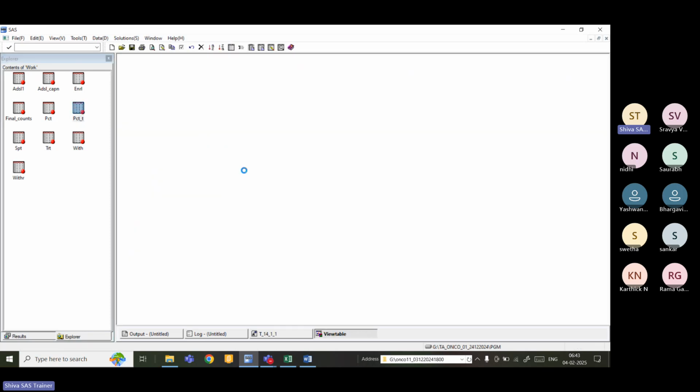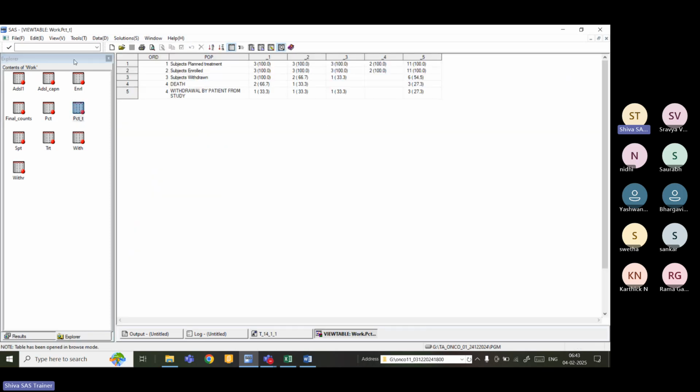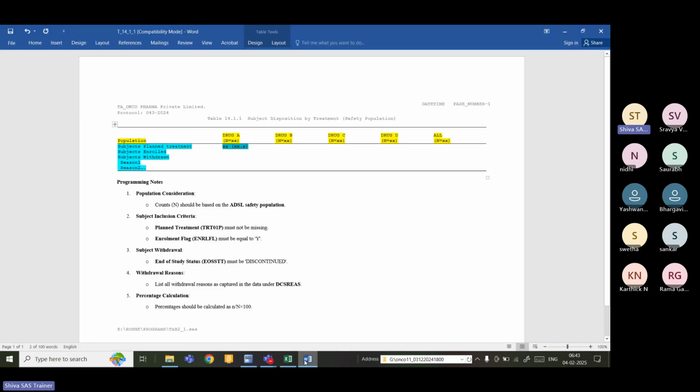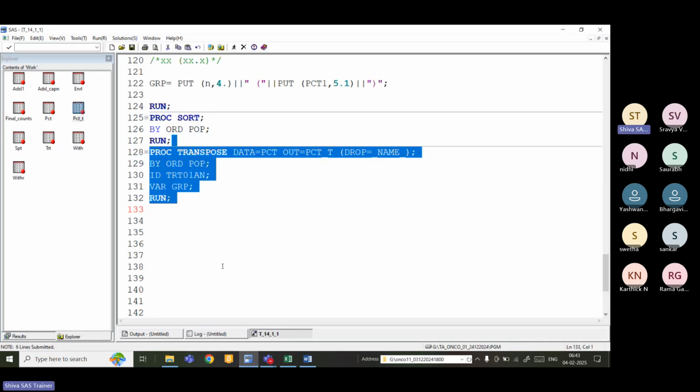Now let's check where any mistakes are there. For the first treatment, second, third, fourth, and fifth, some spaces, I mean missings, are there. That means nothing but zero values. So wherever the missings are there, we have to replace them with zero. So simply